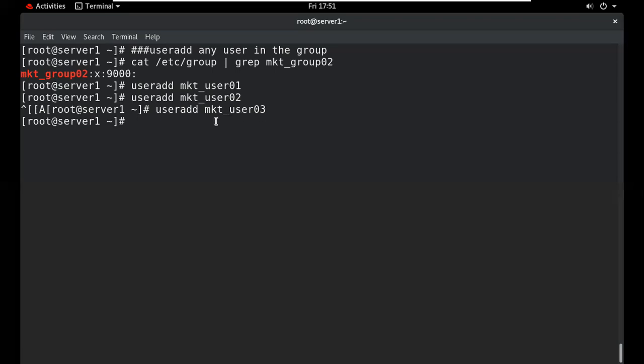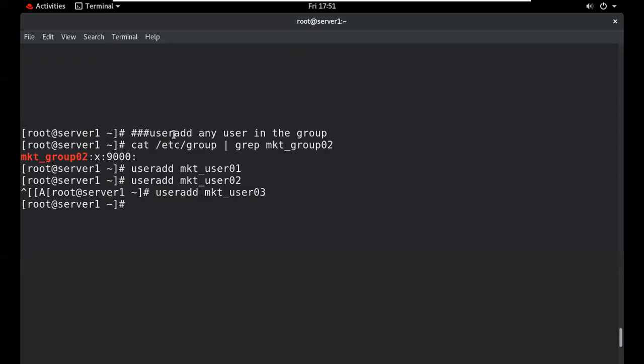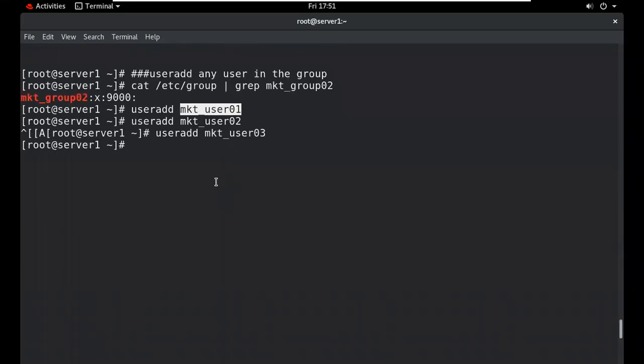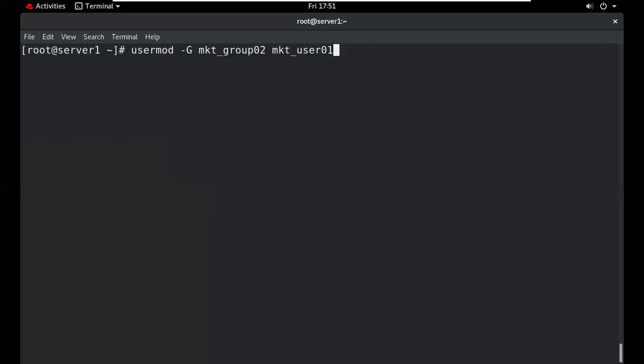So I can use the usermod command, -G, and the name of the group. This is the group name, and we want to add this particular user. What is the name of the user? This is the user that I want to add. So we can add it, and we can check whether the user is added or not.